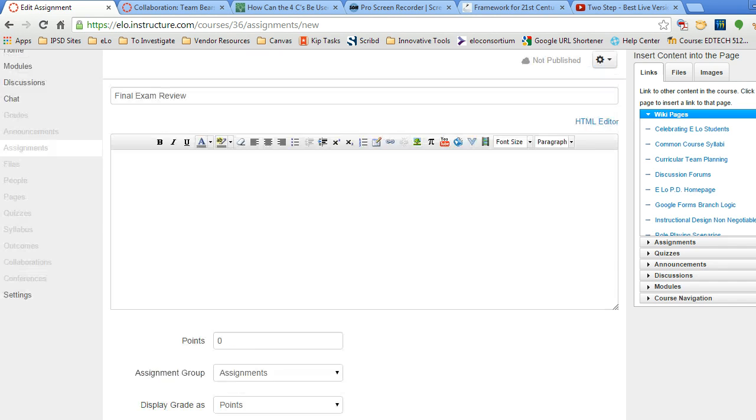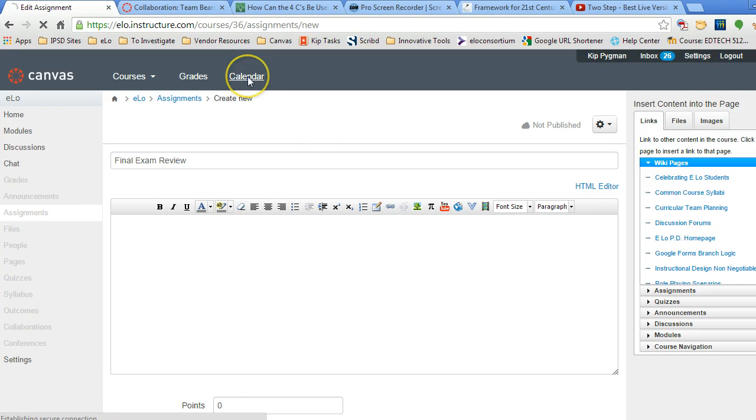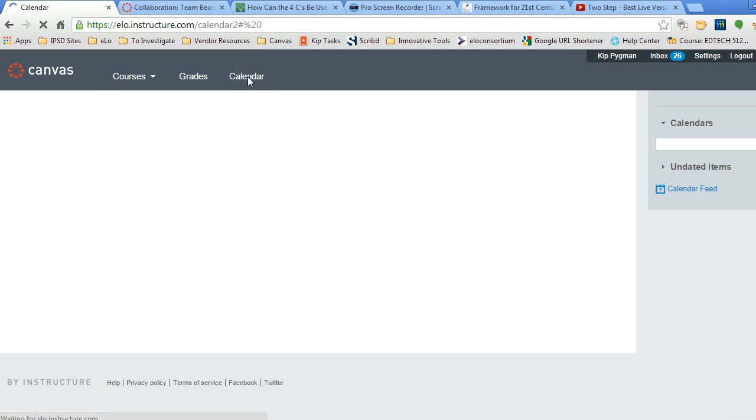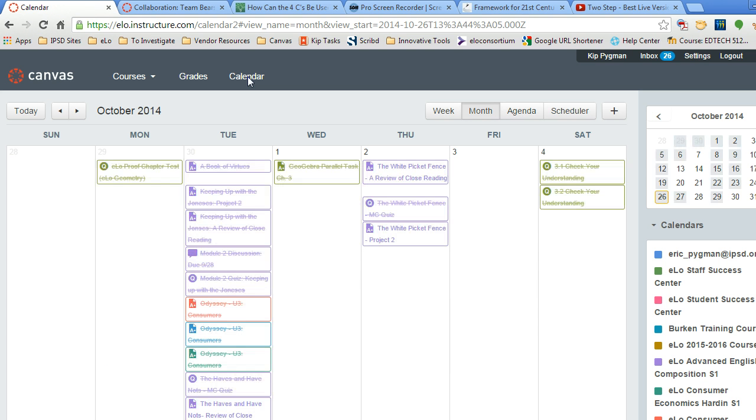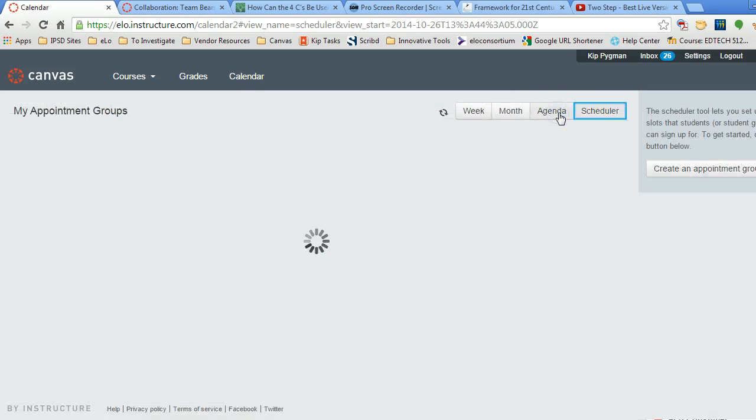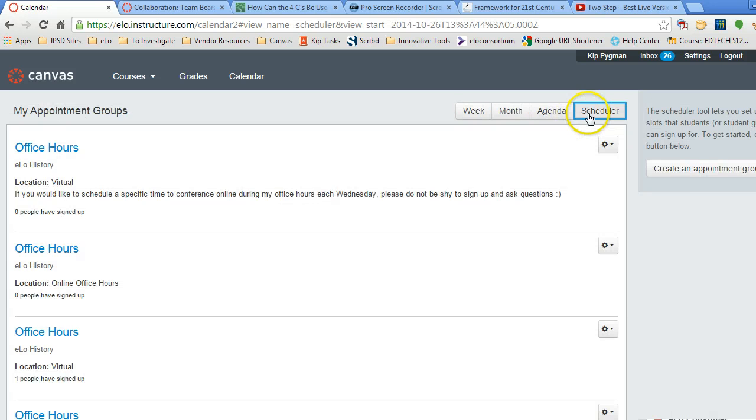The last thing I want to show you is calendar. If you set up groups, it might be fun and advantageous to find time to have each group talk with you. Maybe it's to present a project. Maybe it's just a check-in planning phase where the group's going to tell you how they're doing and you're going to offer feedback. If you go to Scheduler, and let's go to Create an Appointment Group,